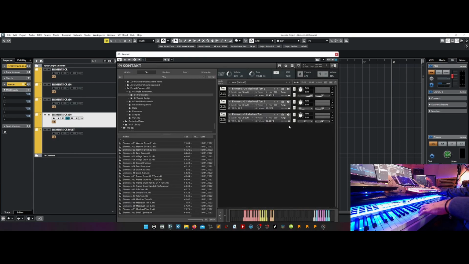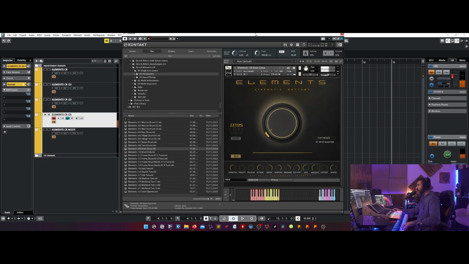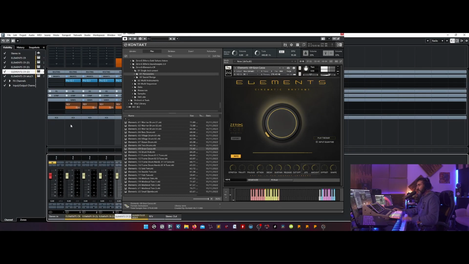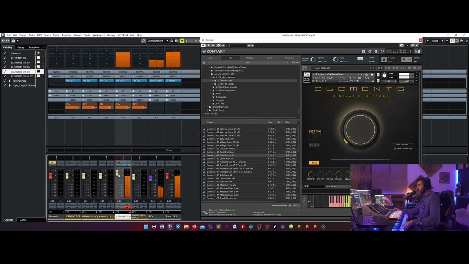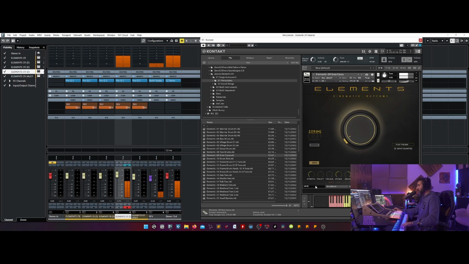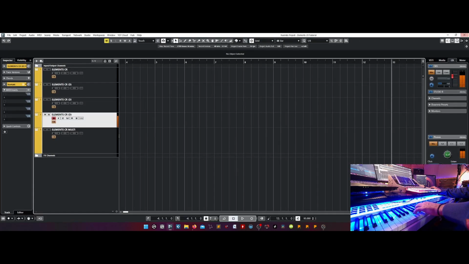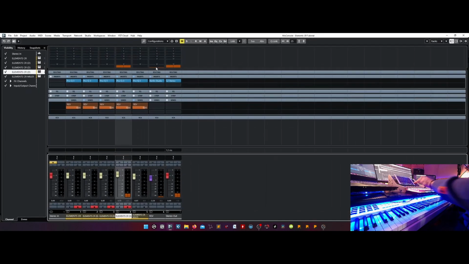Let me try, for example, loading also a Gran Cassa. Okay, I enable the sequencer. Let me try all together with the click. Okay.